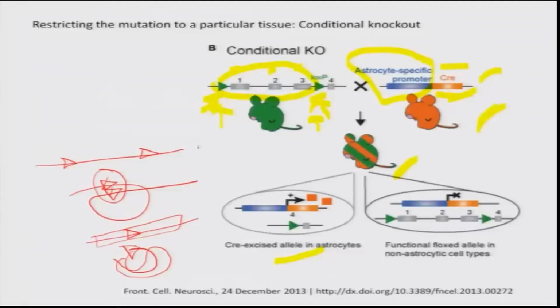In fact, the technique is so robust that nowadays you can pretty much decide when you want to delete the gene. For example, there are drugs that are available. When you feed the animal with the drug, a given gene may be turned on. So, assume that the Cre recombinase is under a promoter whose expression you can tune from what you are feeding to the animal. So, in this way you can decide when you can induce the Cre recombinase